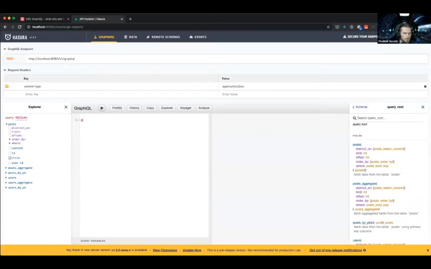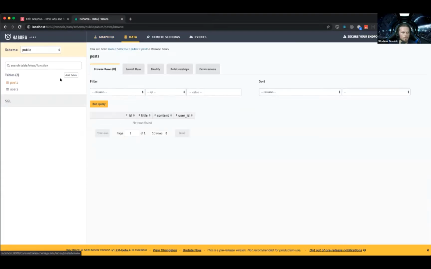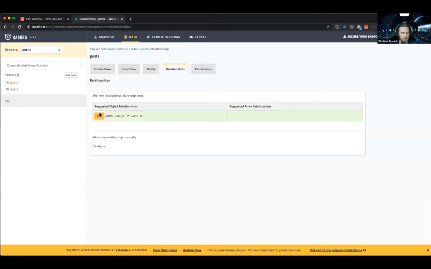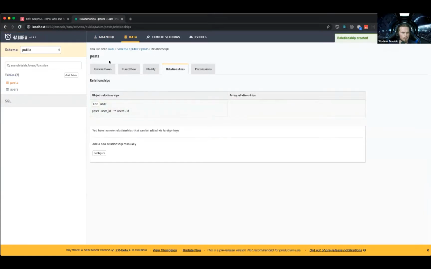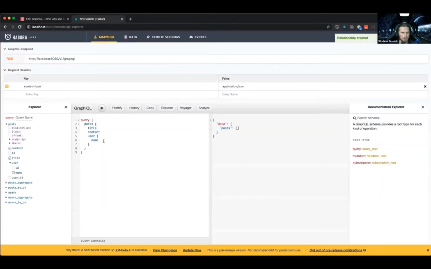And in fact, what I would also expect, if I query posts, and I want to get the title, I want to get the content, and I want to get a user, I would expect to get a username. But in our case, I don't get it, right? So the reason for that is because Hasura can work on existing Postgres as well, and you don't really want to have all foreign keys mapped to like GraphQL resolvers. So you have this ability here to go inside relationships and add a user as a relationship, which will actually give you an ability to use it inside GraphQL query.